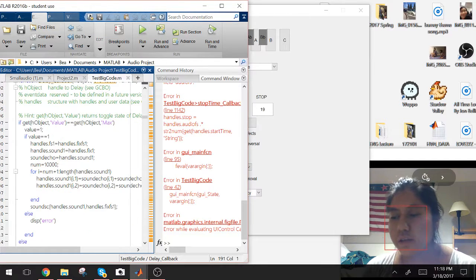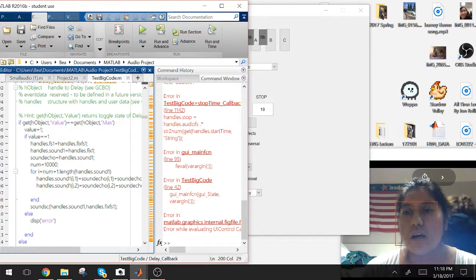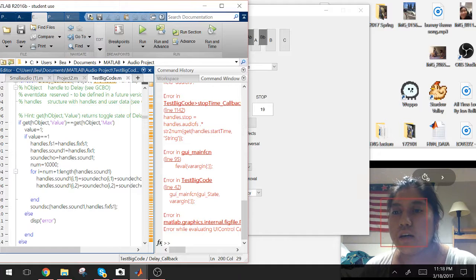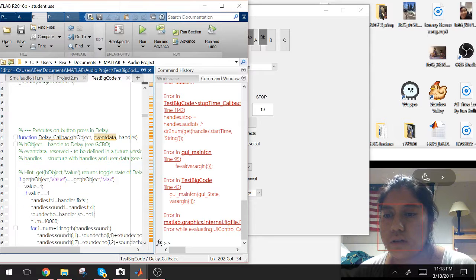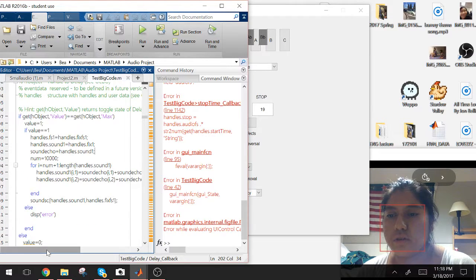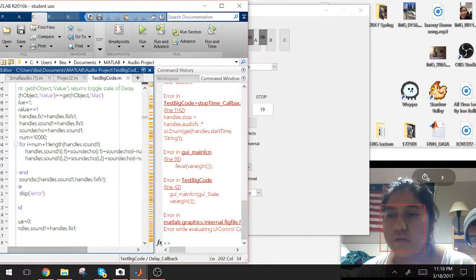Instead of showing you guys the speed of the reverse, I'll show you how delay works. Basically how I did delay is I got the object's value to see if the checkbox was checked or not, so value is 1. If the value equals 1, you would get back the frequency and the sound back. And then I added in a sequence of 10,000 to make sure that the duration would slow it down. My other effects are